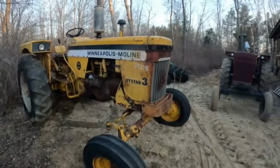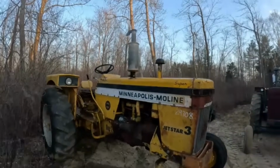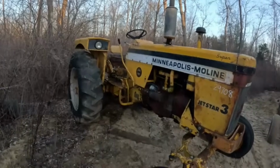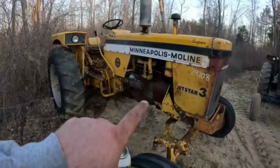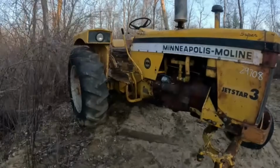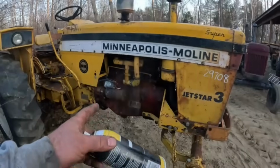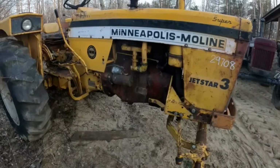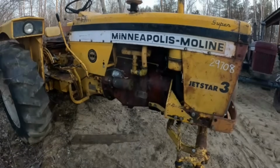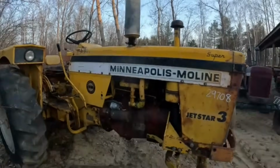Anyways, this tractor, I knew the former owner of this tractor. Actually, I know the guy who put this motor in. It is not original to this tractor. It is a 206 diesel like it's supposed to have in there, but of course you can see it's a different color. It's supposed to be all yellow, which I don't know if Luke, if that's his name, still has. That one needs seat cushions too. But anyways,